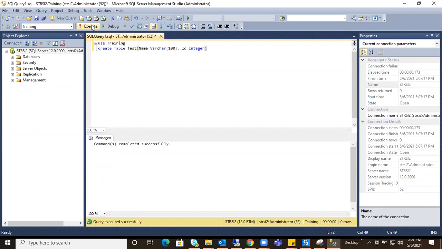Before the create table, give 2 hyphens. Before create table, 2 hyphens, that's a comment. In the next line, 2 hyphens. Yes. So in the next line, type insert into